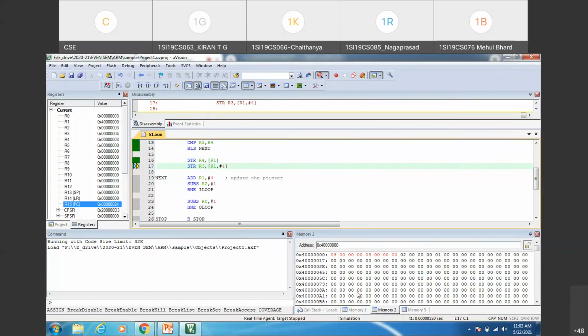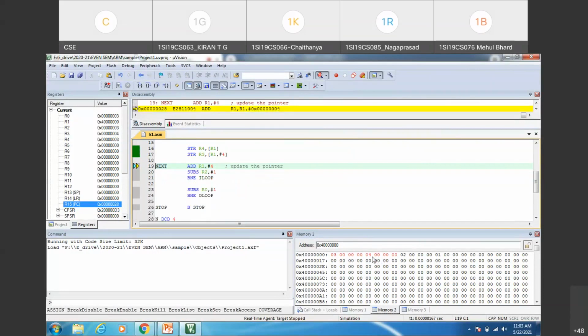See, you can observe we have performed the write operation. You can see the changes in memory window 2. Now it is changed to 3. And in the next array element position, we are writing 4. The second STR instruction is executed. After that, you can see 4 and 3 are swapped. Before execution of the two STR instructions, what you had in the array was 4 and 3. After execution of these two STR instructions, you are finding 3 and 4 in the array. Okay, this is how we have done the swap.